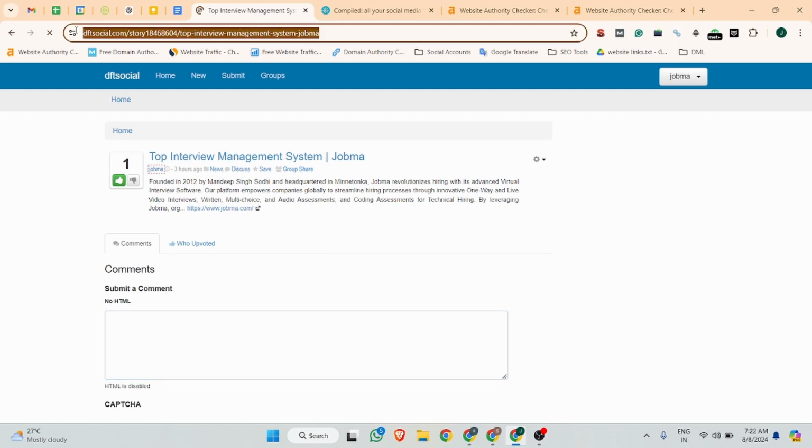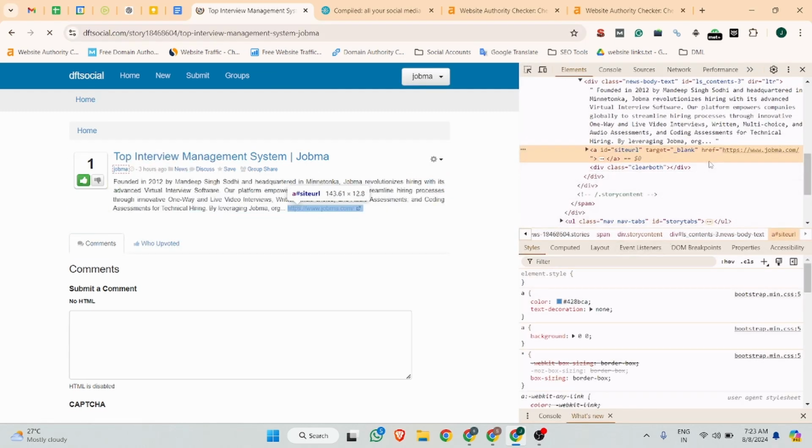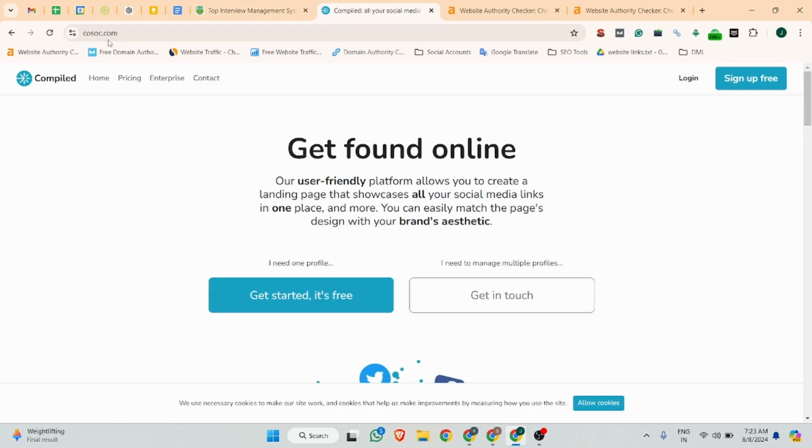So you will see this is your profile's social bookmarking landing page URL and this is your backlink, and I will show you this is a Dofollow backlink. You will see it's a 100% Dofollow backlink. There is no indication of Nofollow or noreferrer. And another thing, the next website name is